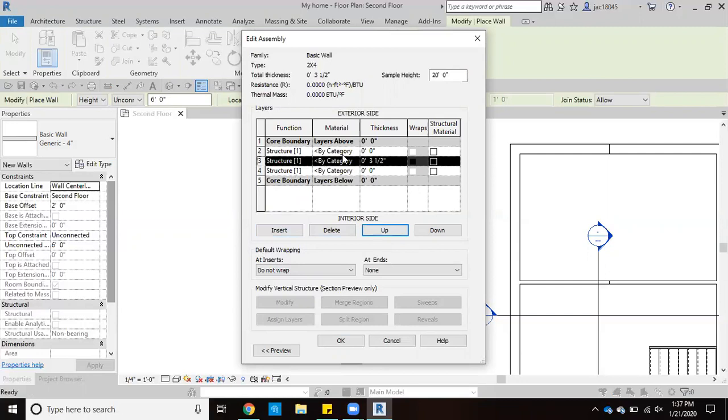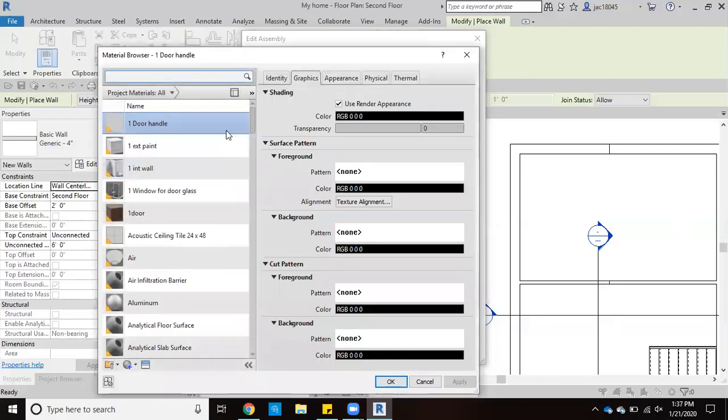Okay, so we have our 2x4 framing here in the center. And let's just say we're going to be using 1/2 inch gypsum board. So I'll go ahead and just type in the thickness of that gypsum board is going to be 1/2 inch. And then the same thing down here. And next what we're going to do is we're just going to change the material, what our category is going to be. And since this is a 2x4,